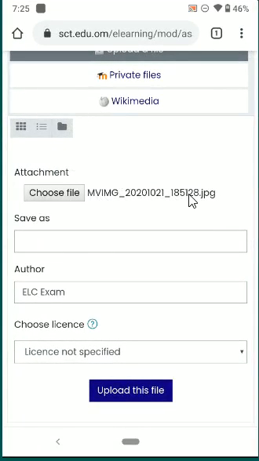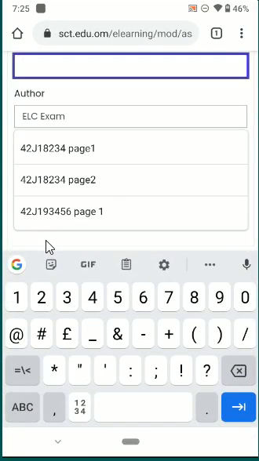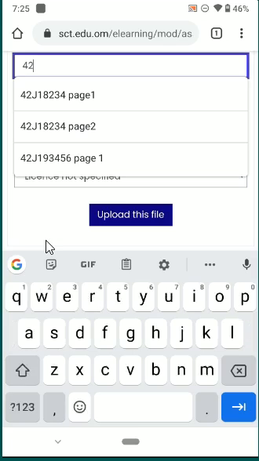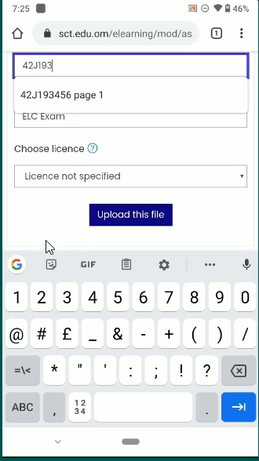The photo name will come there, but I want to give the name as my college ID, 193456, then page 2.